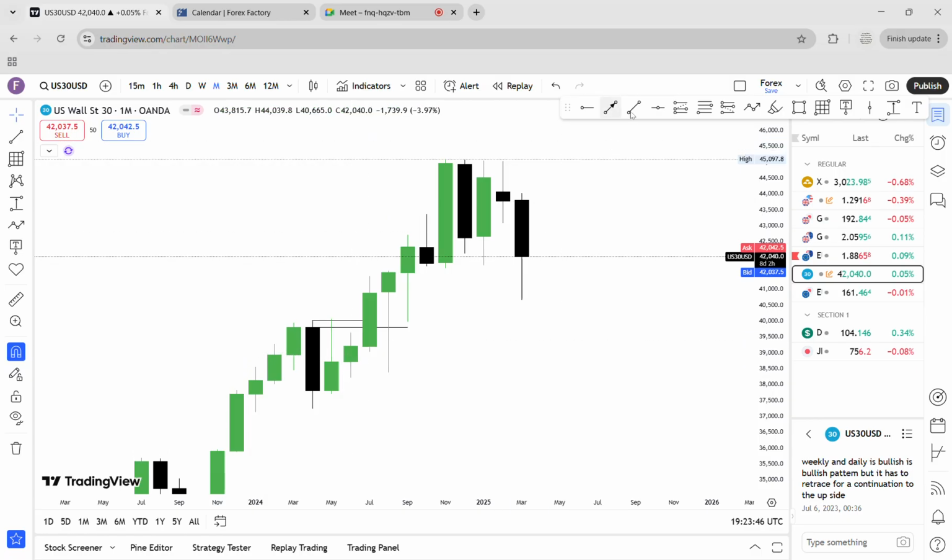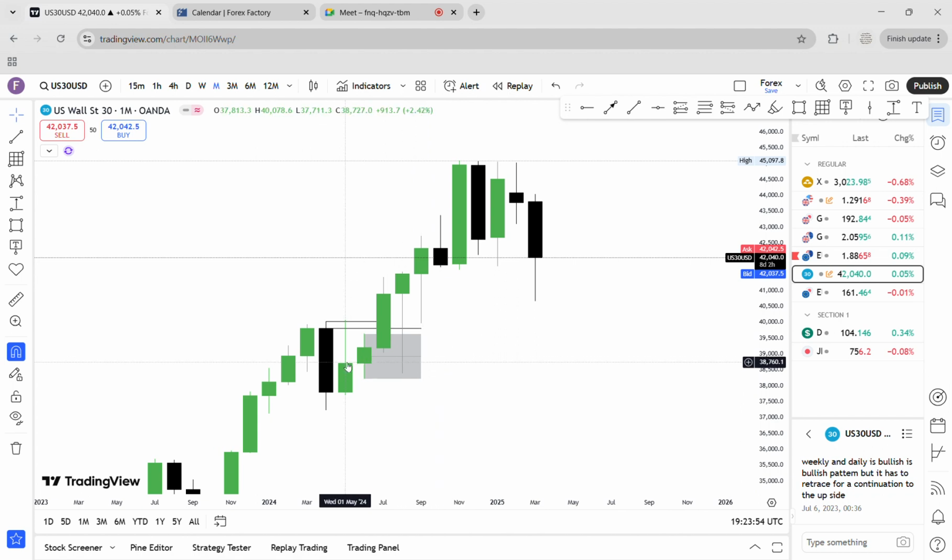And again, we also have what? Balanced area right here. Remember, those areas are also like an order block or your point of interest. You know that, right? This balanced area, yes, before this displacement. So a high was taken. You see this candlestick, this one right here, pull back to this area. That means we have a high now,